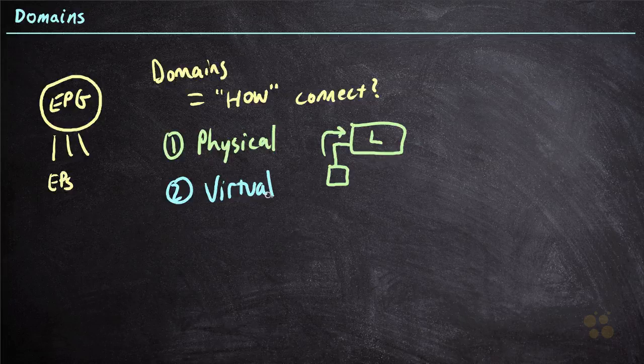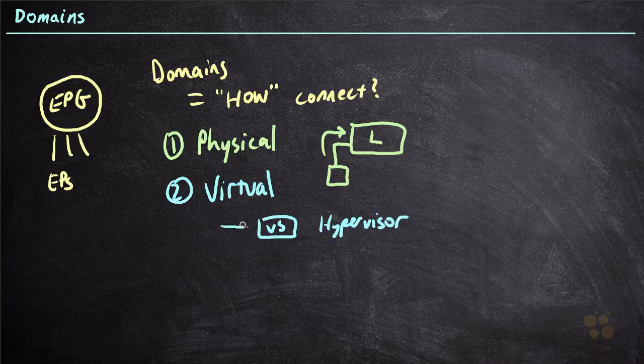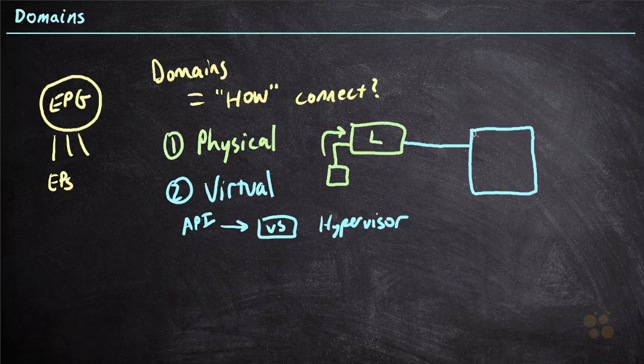A virtual domain is when we have a virtual switch inside of a hypervisor, the hypervisor being usually VMware, Hyper-V, or OpenStack. Anytime we have a virtual switch that we have API access to, meaning that ACI can actually control that virtual switch on some level. So in our leaf switch up here, if we have a physical connection to a physical server, but that physical server is a virtual host, and inside we have a virtual switch, and we have virtual machines that connect up to that virtual switch,